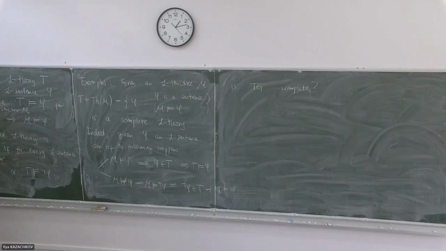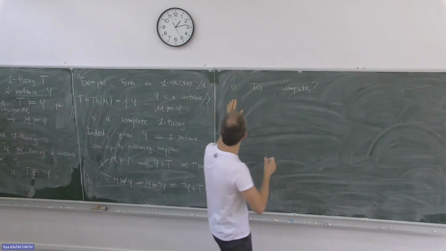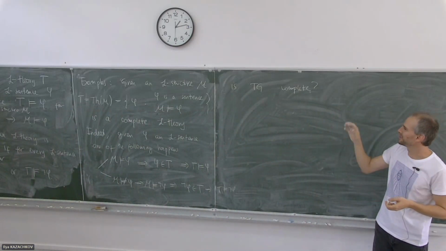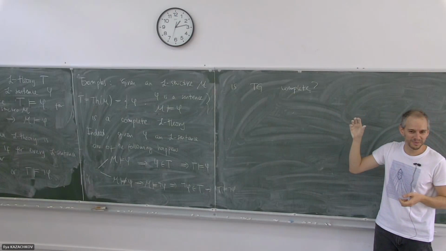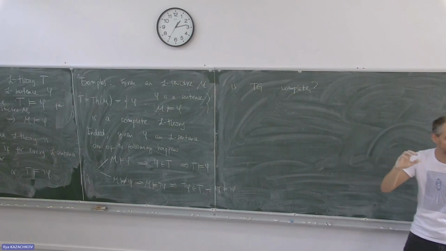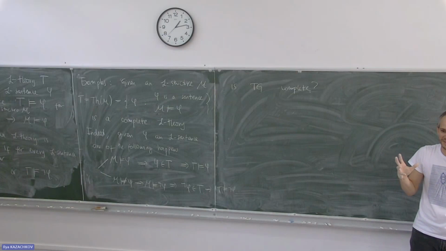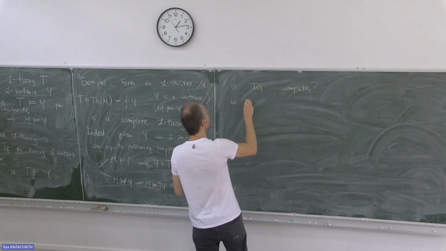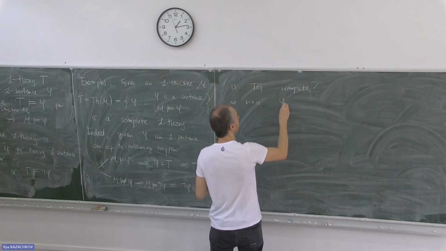Is this the way Gödel proved the theorem? To prove it, at least, not yet. Let's answer this question first. Is this theory complete? By any means, no. Why? If it were complete, all groups would be isomorphic. That's not true. But you can define, for instance, abelian. Right. Exactly. That's good. For example, the formula phi